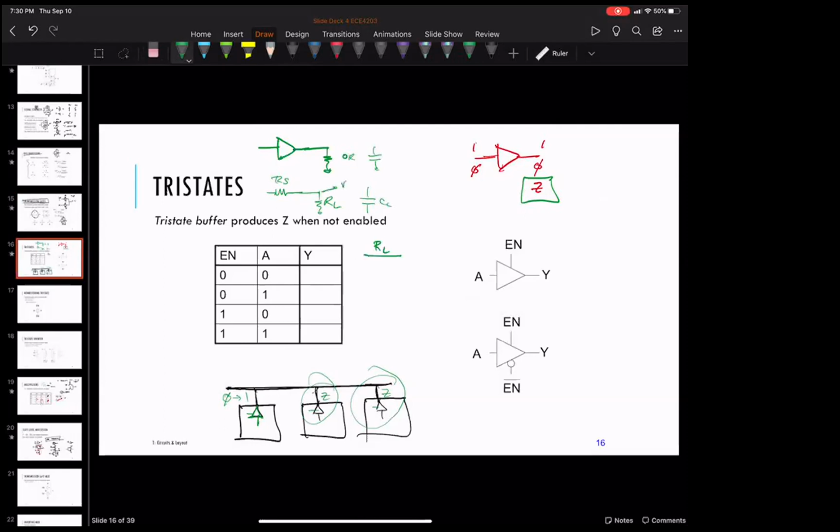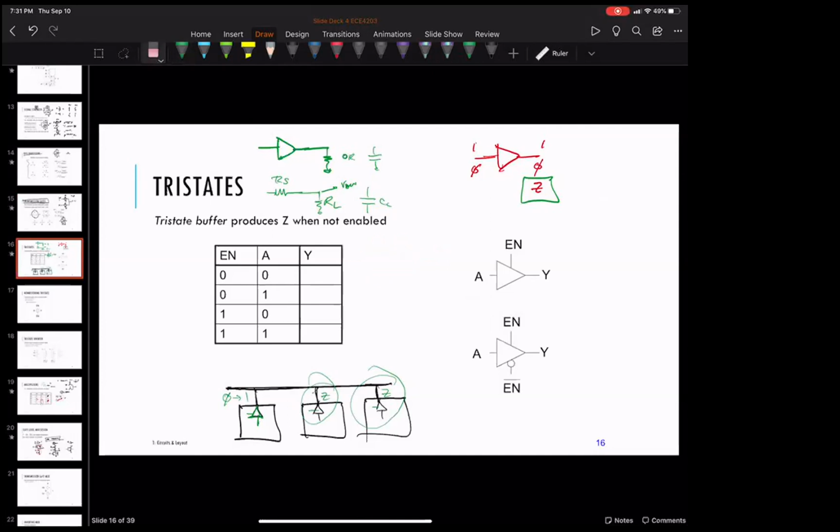So V out is V in times R sub L over R sub S plus R sub L. If R sub S is really small, really low, then V out